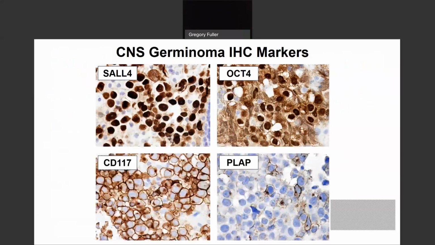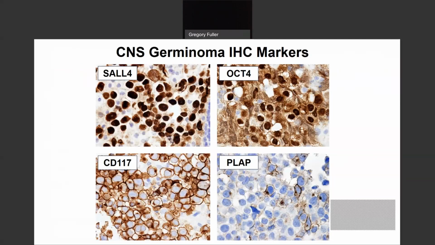Germ cell markers: SALL4, it's almost universal except for choriocarcinoma. It stains all the germ cell tumors. There's OCT4 or OCT3/4, the terminologies are fungible, same thing. CD117 or c-KIT, beautiful strong marker. PLAP, placental alkaline phosphatase, a horrible marker. I think the only reason to run it is for teaching purposes, quite frankly, to show our trainees how to